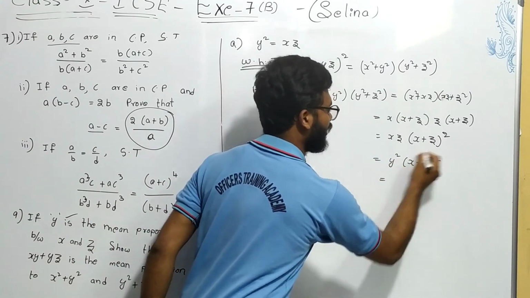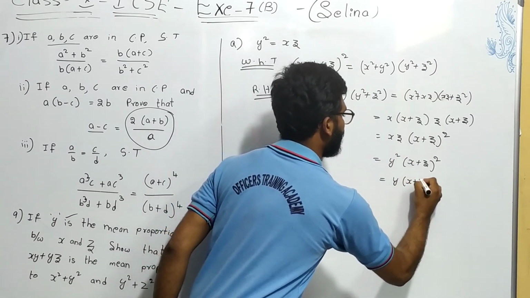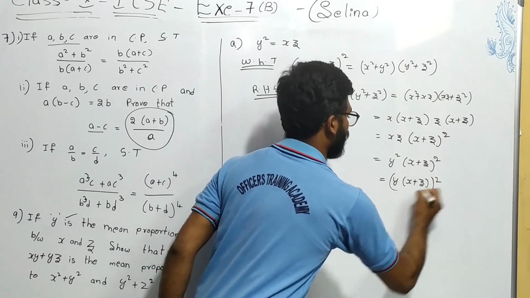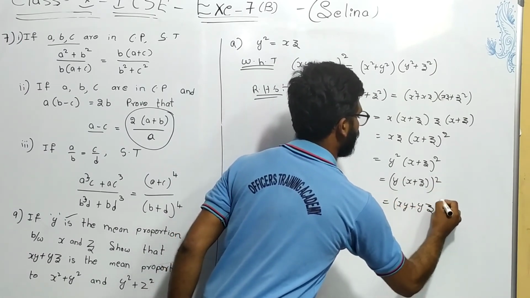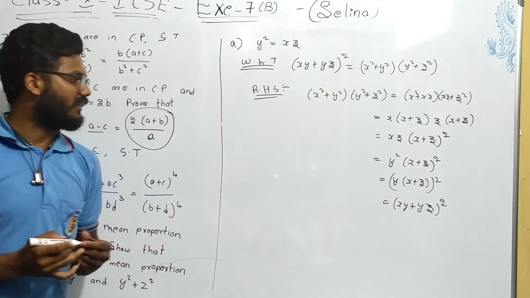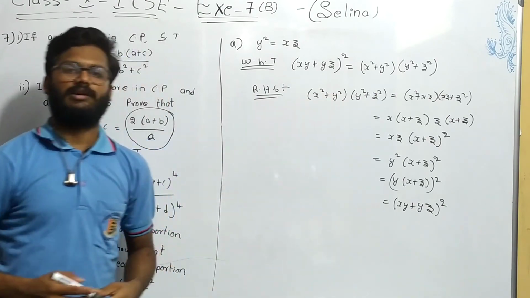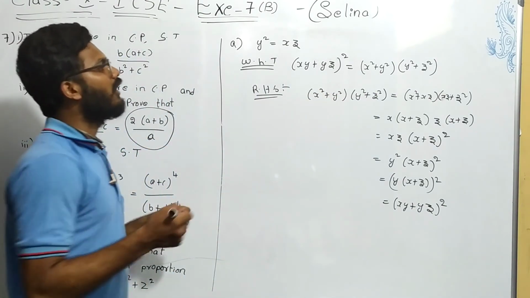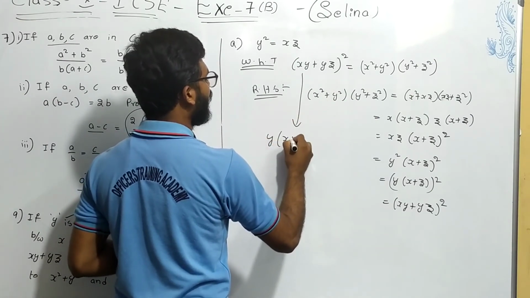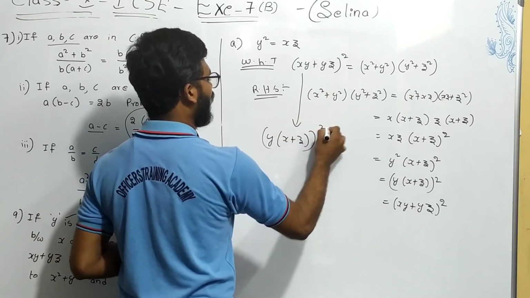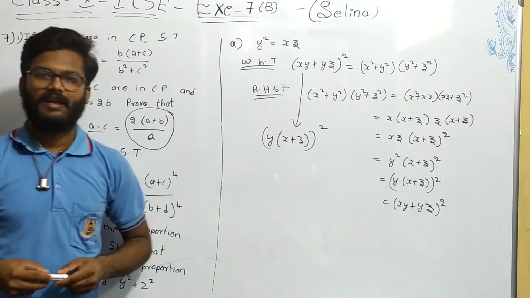So can I write like this? y square is nothing but y into x plus z whole square. So xy plus yz whole square. This is equal to LHS, right? So this is the mean proportion to this one. You can do like this. Or else, if you want to do from the LHS, what you have to do means you have to take y common. So y into x plus z whole square you will get again. You will go in the reverse from this one. Clear? Thank you everyone.